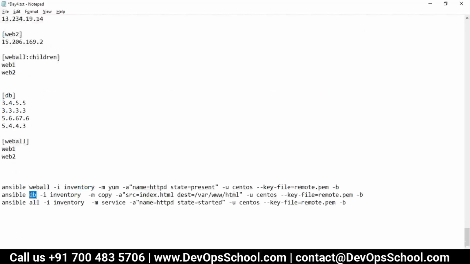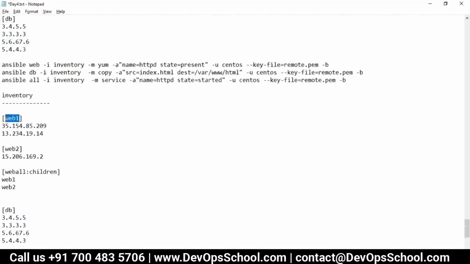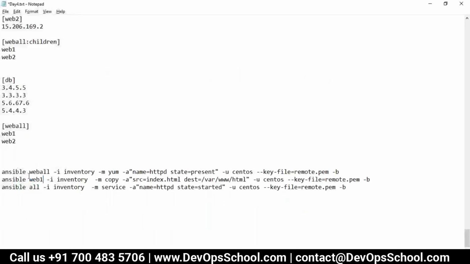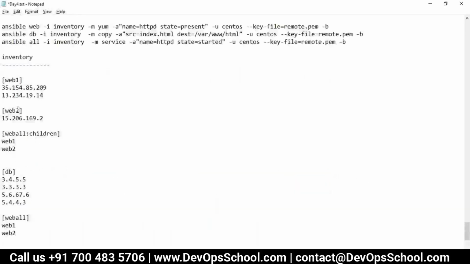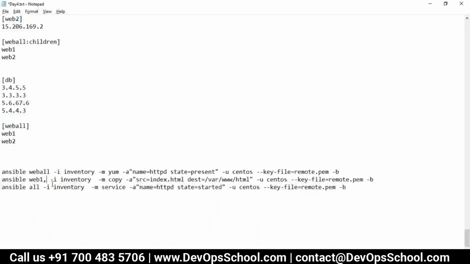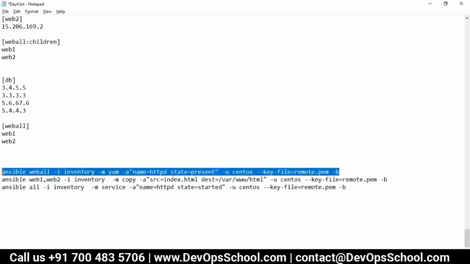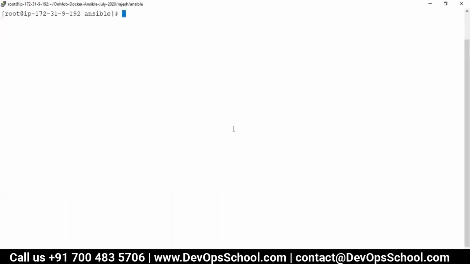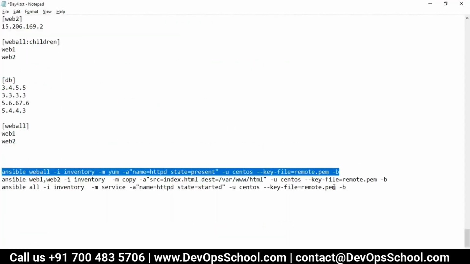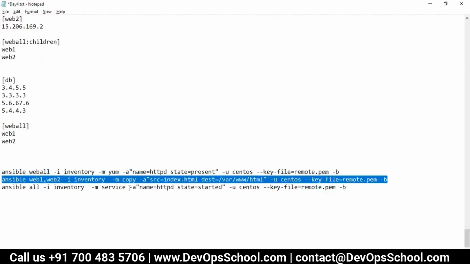And here you can do web 1, web 2 also. So many combinations you can do. Conceptually, if you're strong, then you can understand all this customization. This you can also do. Okay. So here if I run all machines of web all, okay, three machines altogether. Can I do this one also?